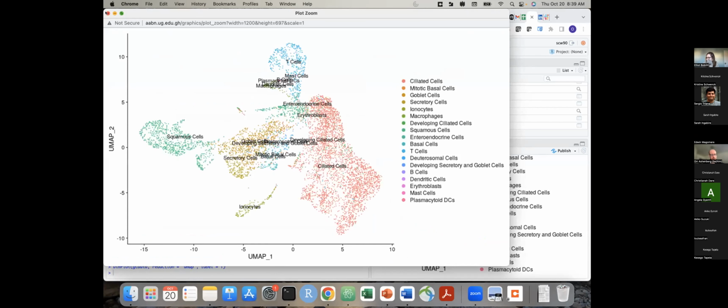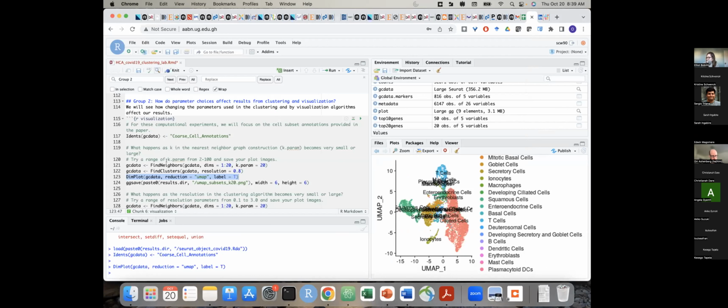All the different cell types that have been annotated by the group that published this. Okay, and then what we're going to do is change k, and make it really small, like let's make it 1 or 2. Okay, and then we'll do the clustering. And now we'll look at